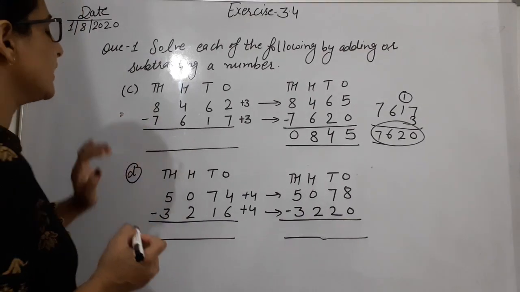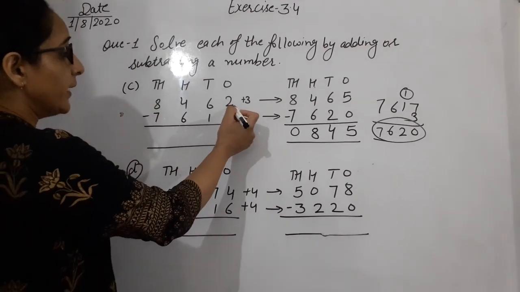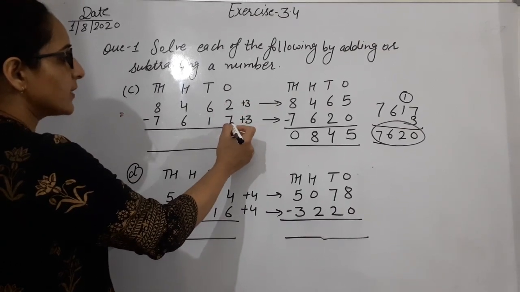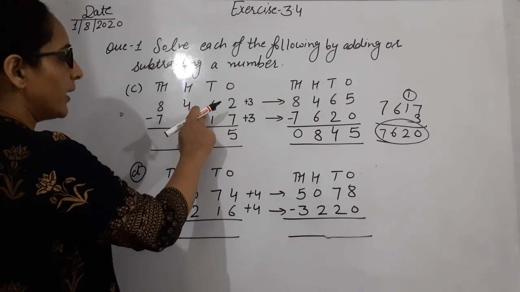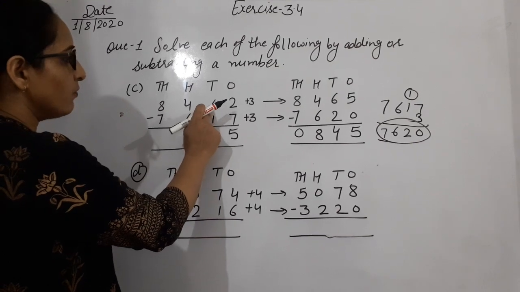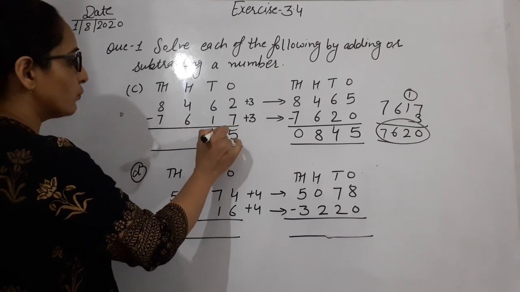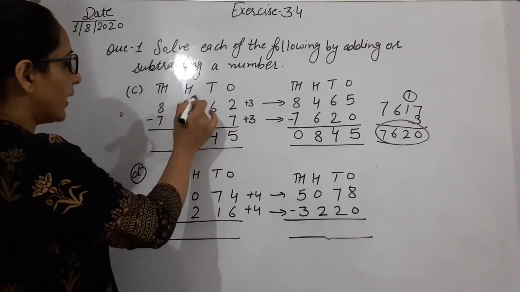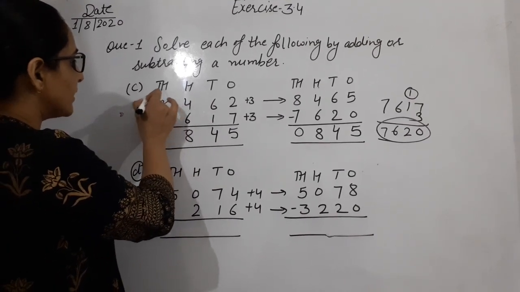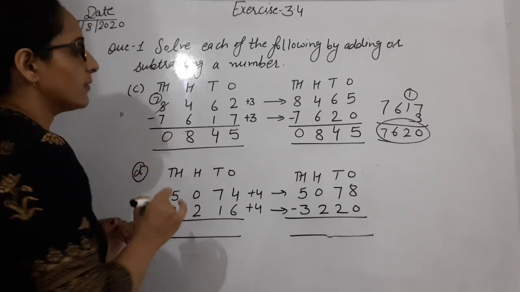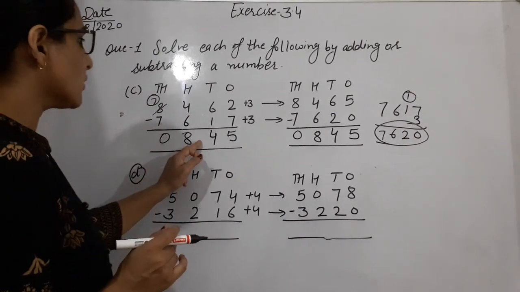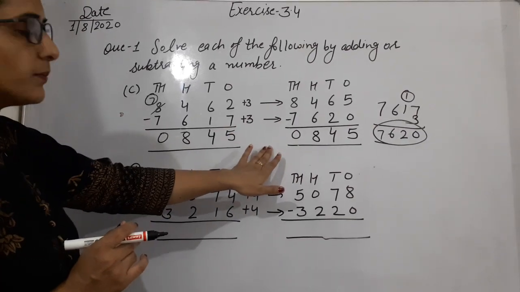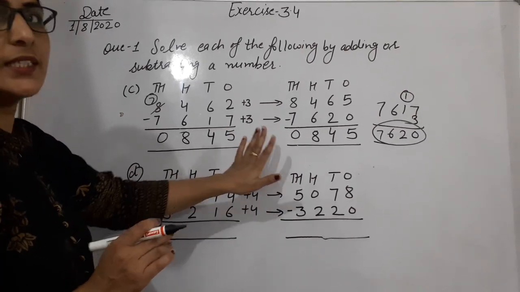Now let's see here. Here is 2. So when we subtract, it's 12 minus 7 equal to 5. Now 5 is remaining. 5 minus 1 equal to 4. And 14 minus 6 equal to 8. And now here 7 is remaining. 7 minus 7 equal to 0. The solutions of both the given numbers are the same. Clear? It means your solution is correct.